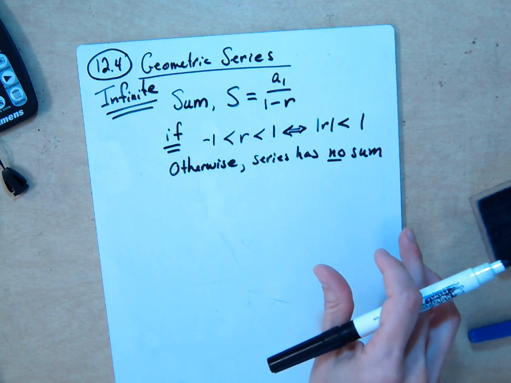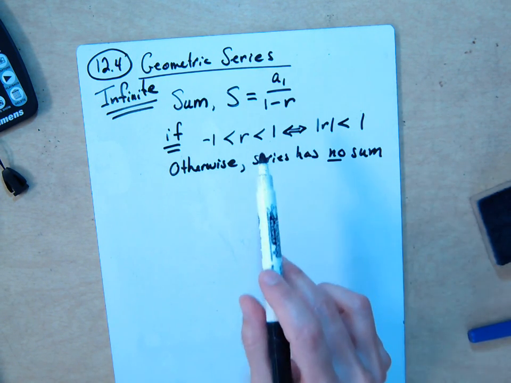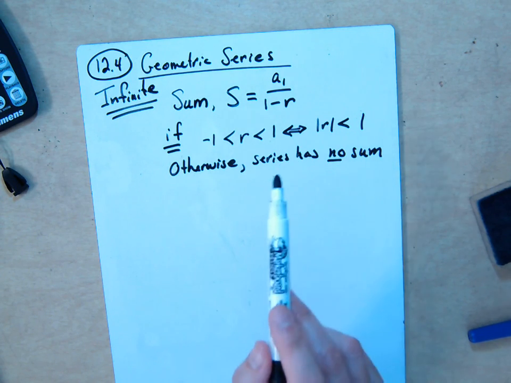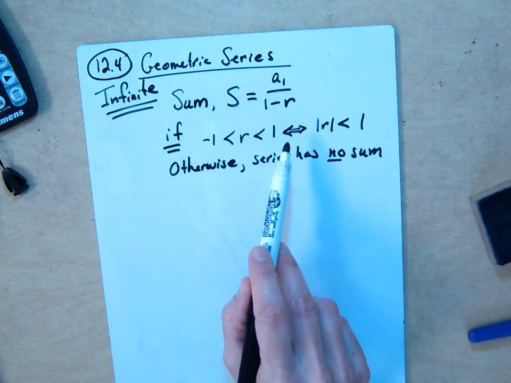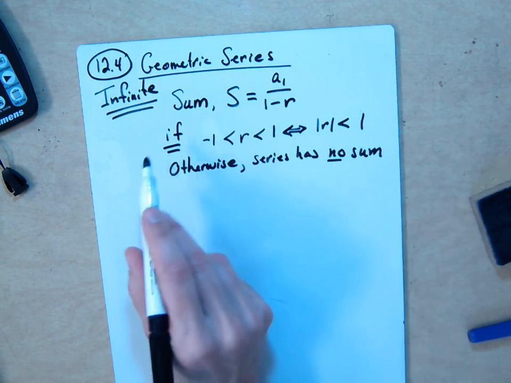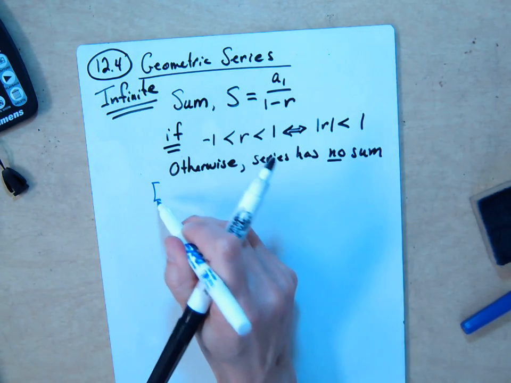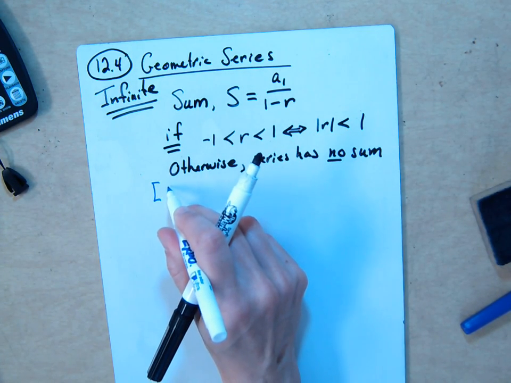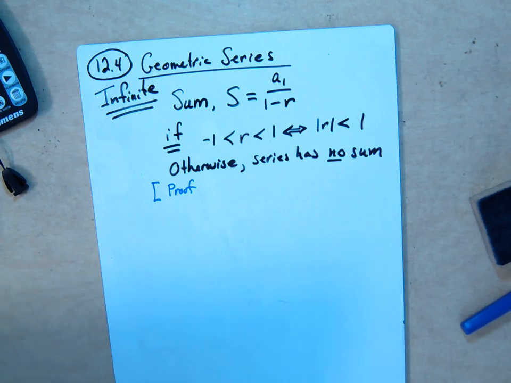So I'm going to do 3 examples using the formula. You have to be very careful to check that r is between -1 and 1. Okay, and then first I'm going to show you where the formula comes from. So I'm going to show you how this works. So kind of the proof is on